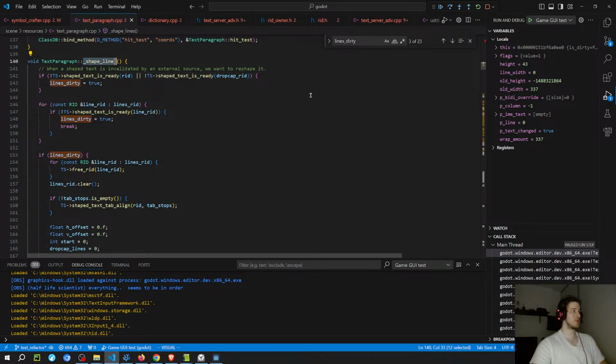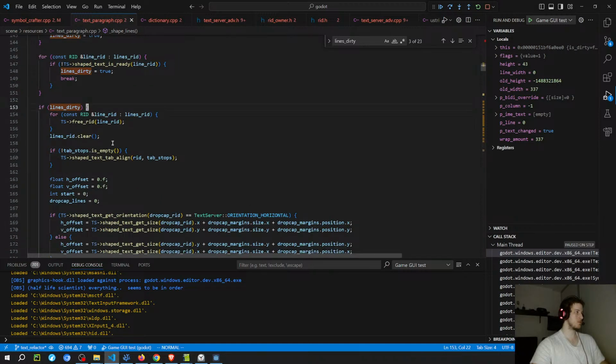On several different functions, it's going to call this shape lines before it calls something else. So I think that this is the place where it's going to